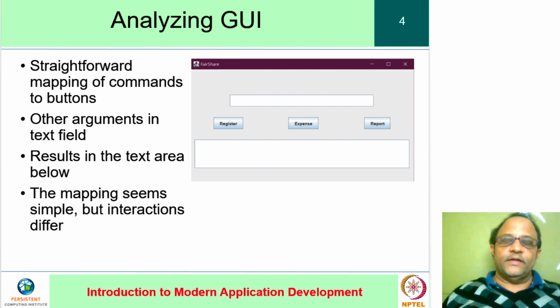Another way we could have designed the app is to just simply copy whatever it is our command line app did and require the user to type in the entire command into the text field. But that would not feel as different as an app which remembers the context. So in this sense, this appearance of context which persists across multiple interactions is what is unique about graphical user interfaces as compared to textual user interfaces offered by command line applications.